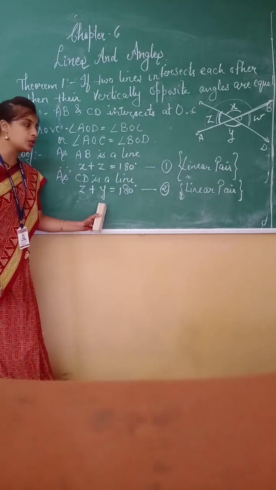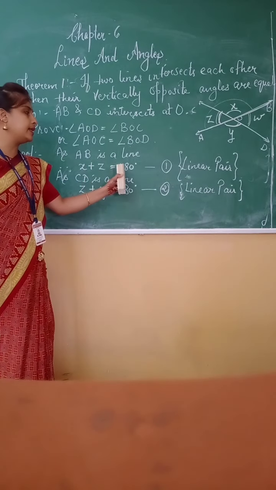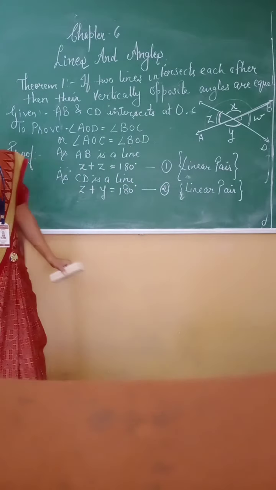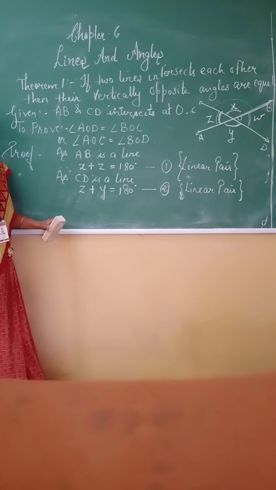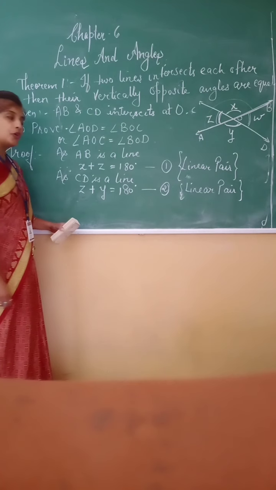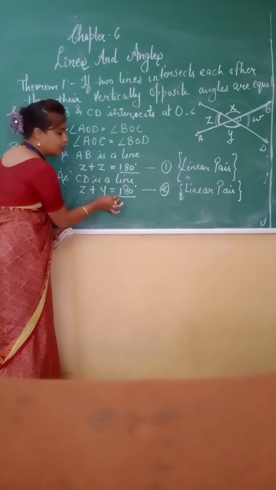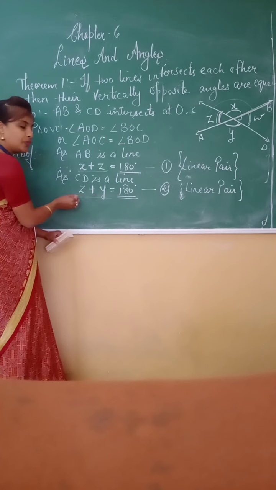क्यों equal होगा इन दोनों का sum? क्योंकि ये linear pair form कर रहे हैं. Here also angle X and angle Z, the sum of the two angles is 180 degrees because again it forms a linear pair. So now, what you can see here from these two equations? What you can conclude from here? From here we can conclude that if the right hand side of both the equations are equal, then their left hand side will also be equal.